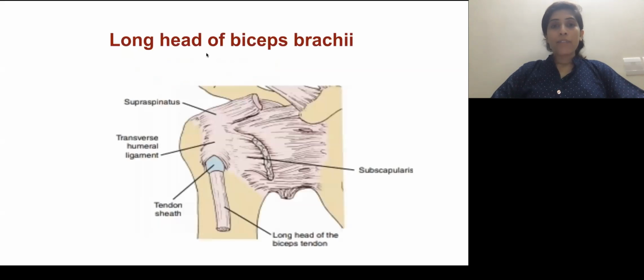Lastly, we have the long head of the biceps brachii. As we all know, the biceps brachii as such does not have a major role in the elevation of the shoulder, but as this muscle passes along with the structure of the rotator cuff muscles and near the rotator interval capsule, directly or indirectly, it helps provide stabilization for the glenohumeral joint during elevation motion. Correct?